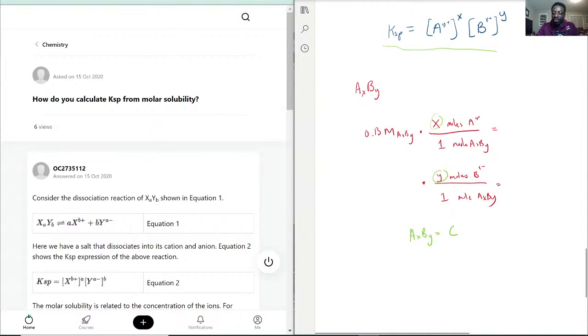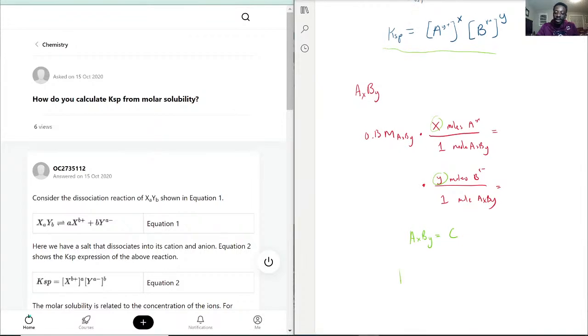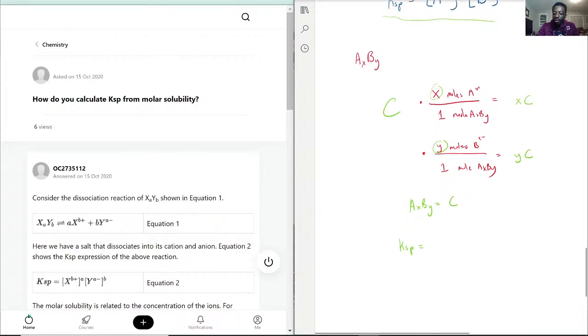So now what we have is the KSP formula. As we replace this value with just C, you will see that it would be X times C, and this would be Y times C instead of the A and B. So then the KSP value for that